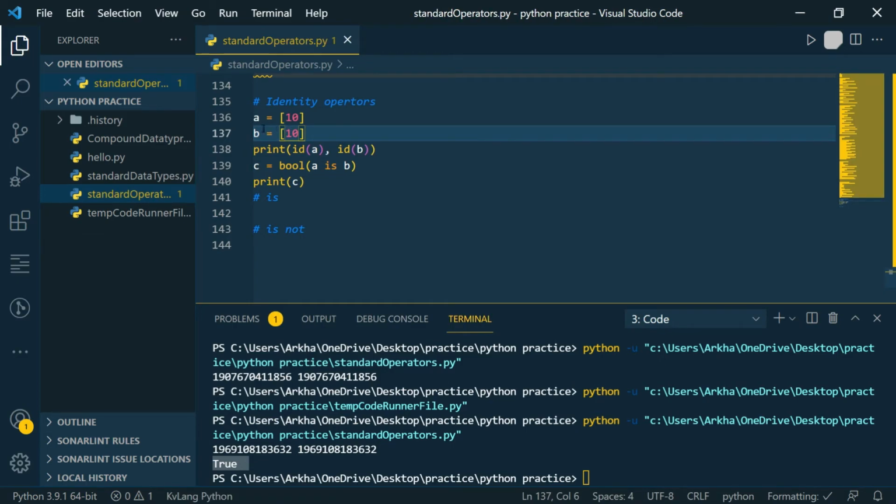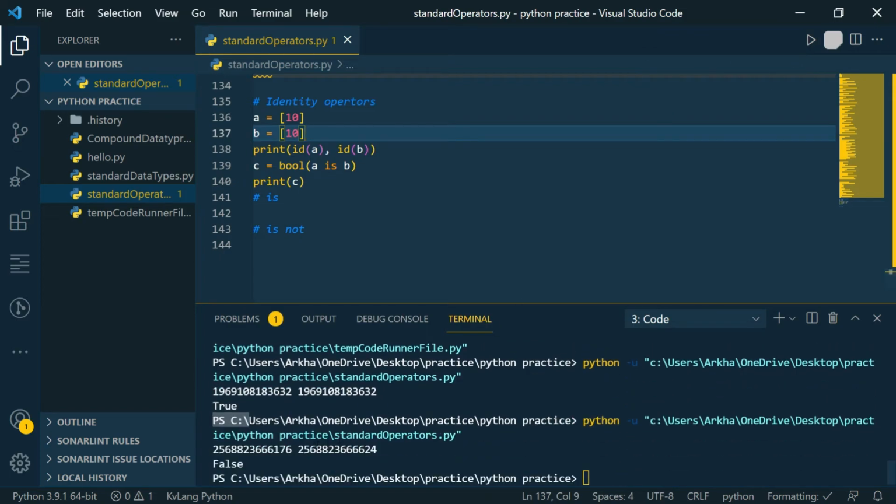Let's convert it into list. Now as you can see, A and B have a list with a single member, that is 10. Both the values of A and B are the same, but let's see what about IDs. So you can see when we use list, though the values of the variables are the same, the IDs get changed.